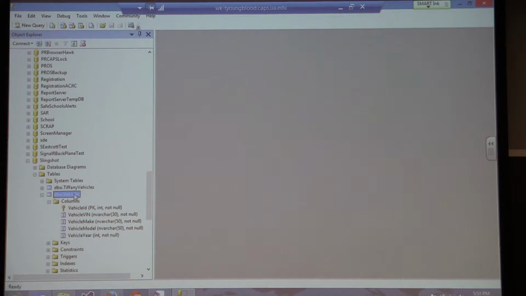So let's pull the information down. I've expanded the table. If you expand the table, you can see the columns. You can see here's your primary key, so you can see that that's actually a key in your table. I've already got data in here because I was anticipating pulling data,